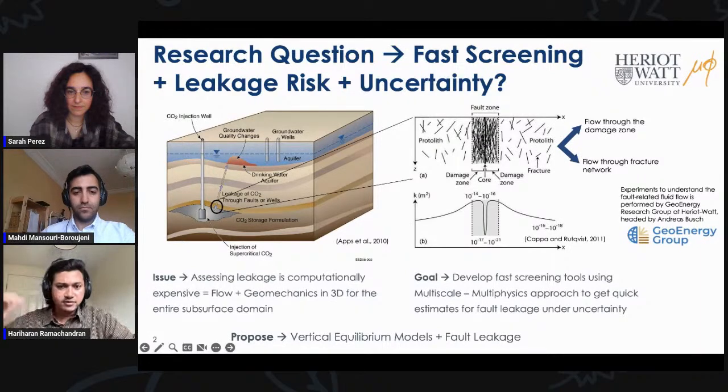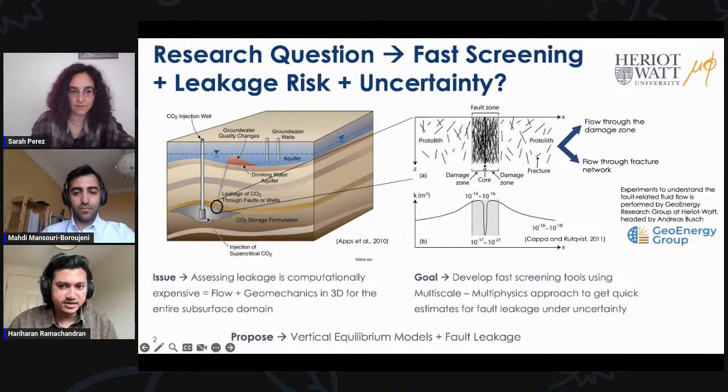Now, taking an overall project perspective, these faults pose a particular risk as smaller faults can be easily overlooked during the field exploration or characterization phase, or they can exist far away from the monitoring or injection well, making detection challenging. So this becomes especially critical during the concept selection phase when the data is limited and the uncertainty is high. Conducting a full-scale 3D flow-coupled geomechanics simulation to resolve this issue would be computationally expensive.